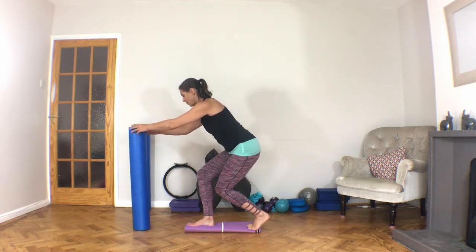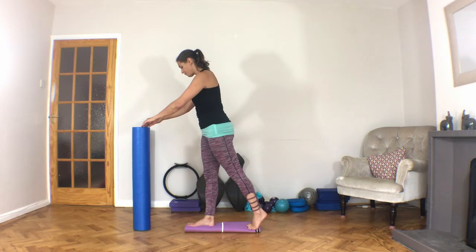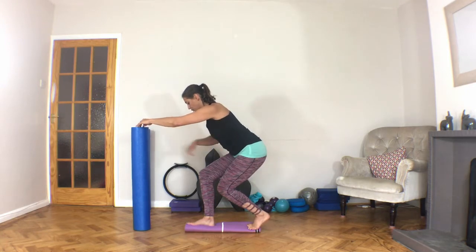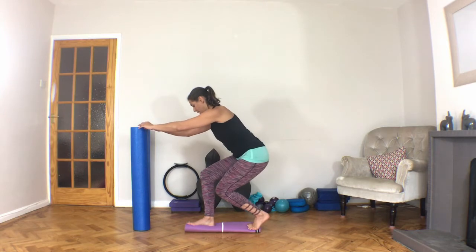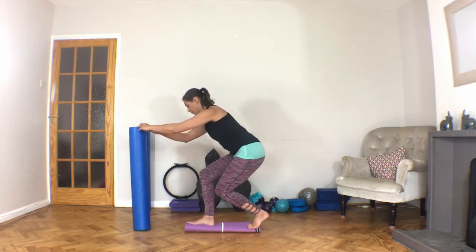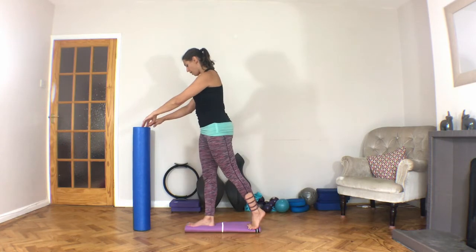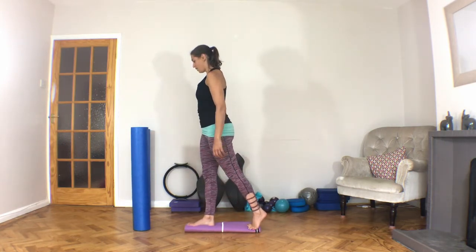Now if that's tricky for your balance, you've either got the wall there or the chair in front of you. So just sit back, so you're taking your weight back here, yeah? And you're folding into that hip and pressing up. So we just fold here, come up, fold, and come up. We're gonna go for three more here. Fold, come up, two,